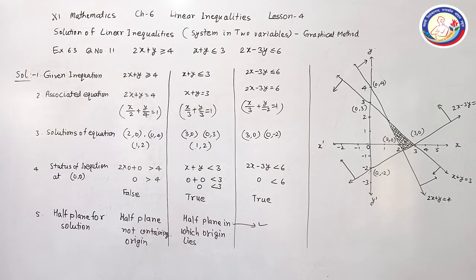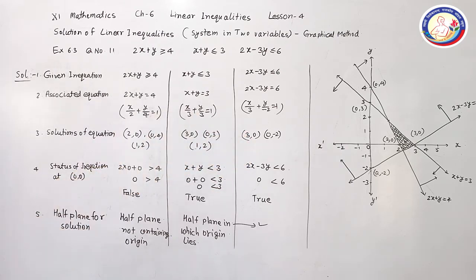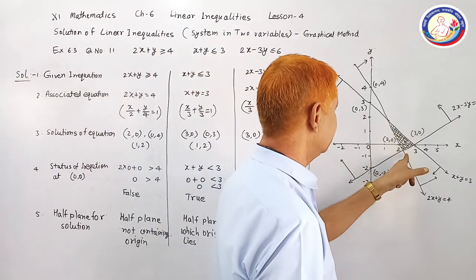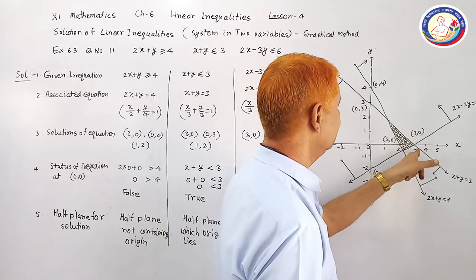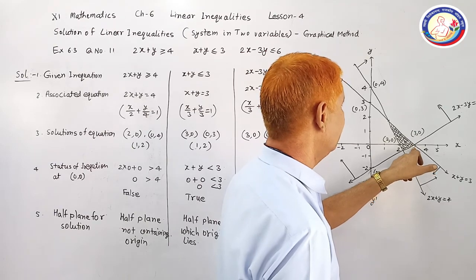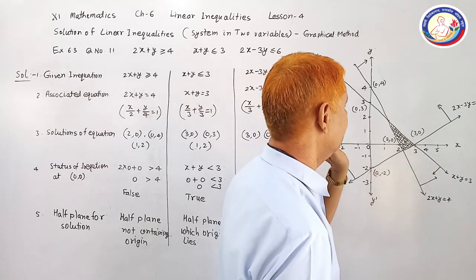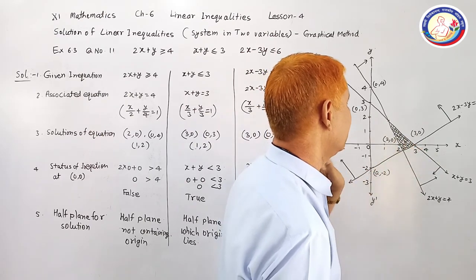You can solve inequalities in this way by the graphical method. The main point is to identify the common area of solution. So these lines from here to here form a triangle; each point on the perimeter of this triangle as well as the region bounded by this triangle is the solution.